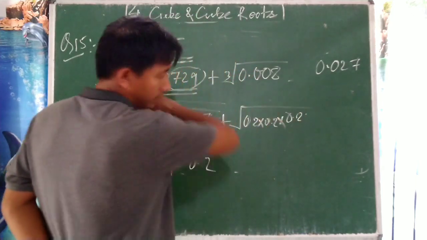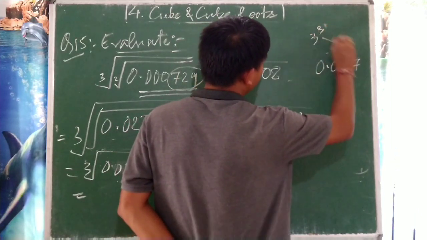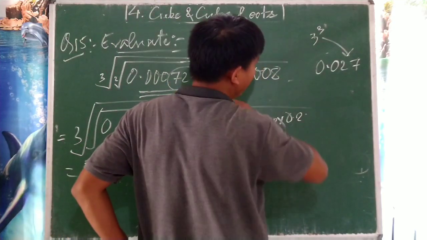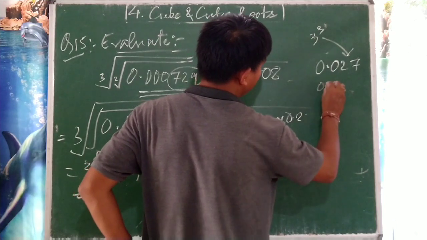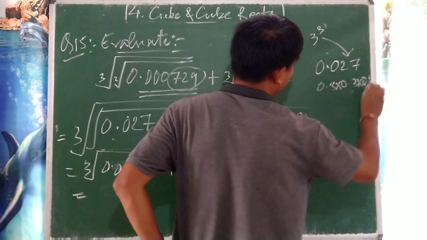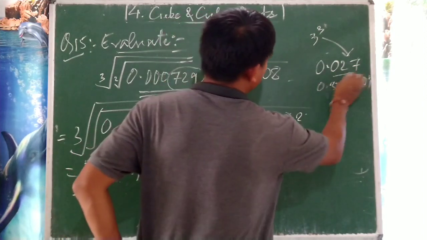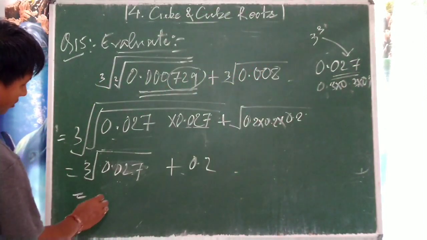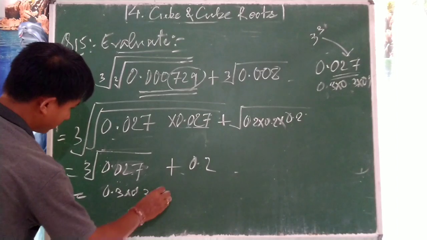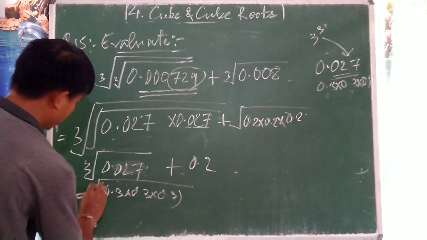So you know how to do this. First of all, check it out. 3 into 3 to the power cube of this particular. Okay. For 3 cube, this particular cube value. So this is 0.3 into 0.3 into 0.3, because one place is from here, one from here, one from here. So 3. So up to 3 decimal places. So this is what? 0.3 into 0.3 into 0.3.